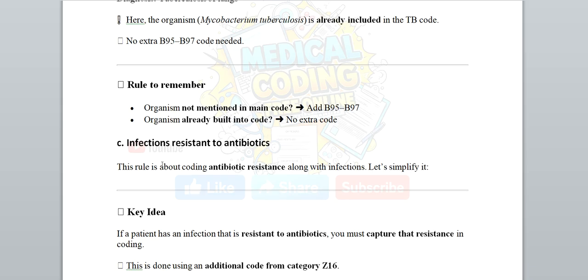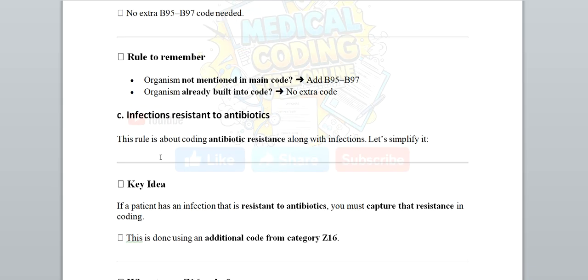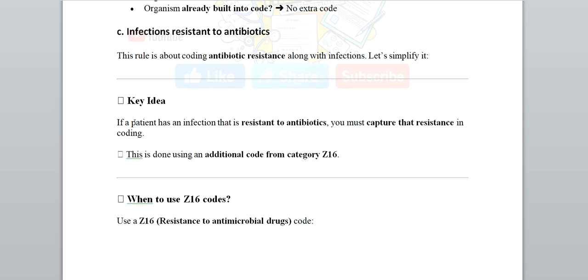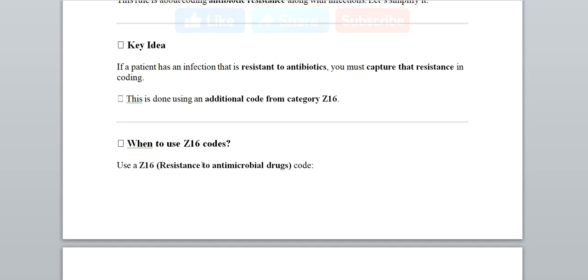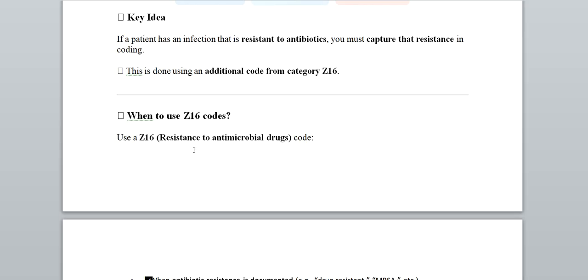Next, infection resistant to antibiotics. This rule is about coding antibiotic resistance along with infections. Let's simplify it. Key idea: if a patient has an infection that is resistant to antibiotics, you must capture the resistance in coding. This is done using an additional code from the category Z16. So, when to use Z16 codes: use a Z16 resistance to antimicrobial drugs code